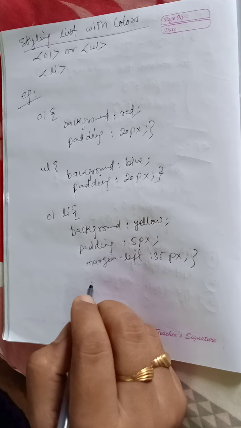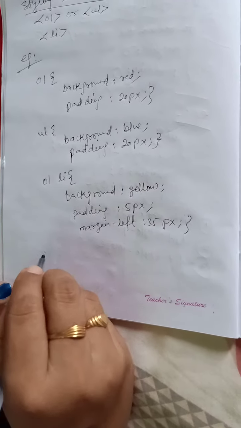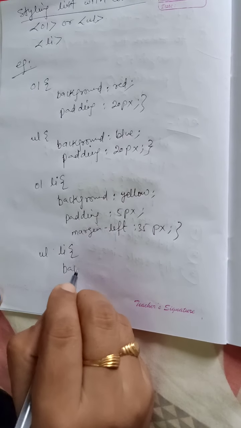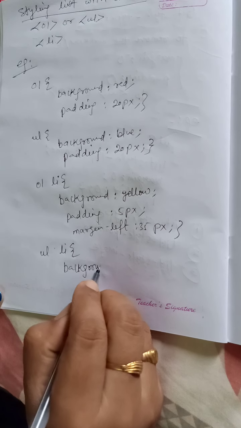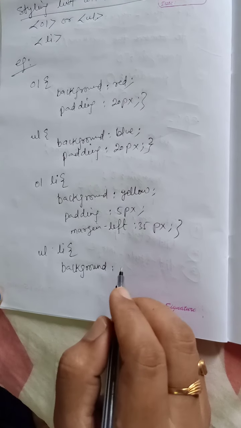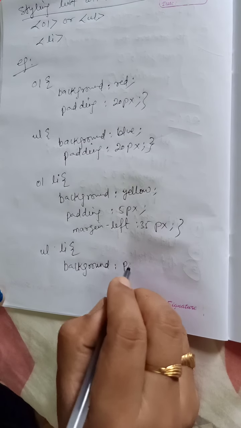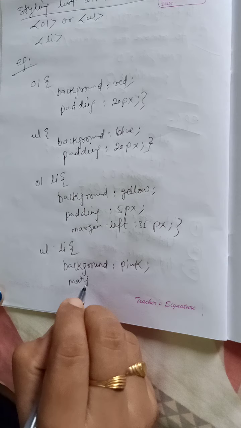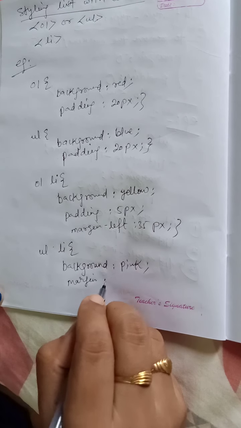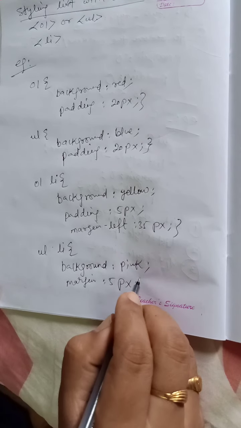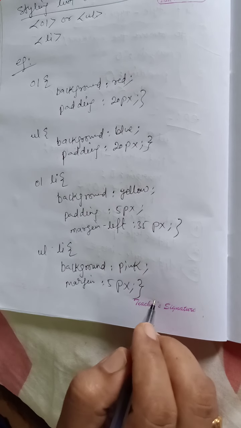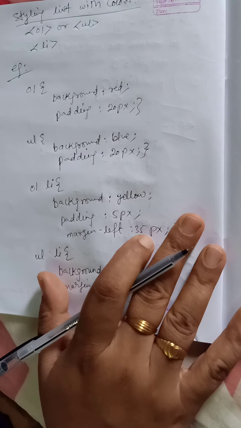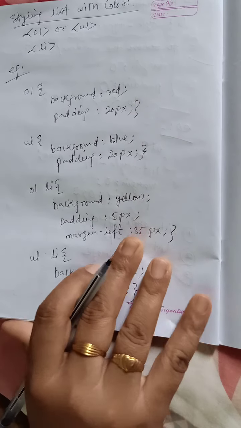If you're mentioning it like this, suppose we are taking pink, and margin we are taking 5 pixel. For this code our output will be